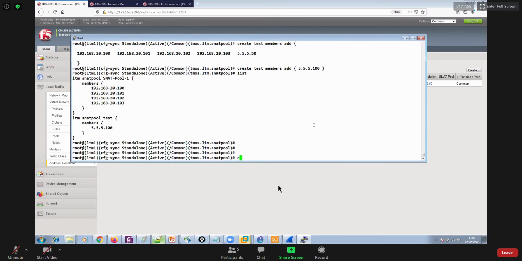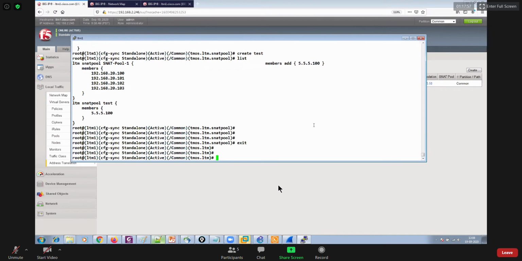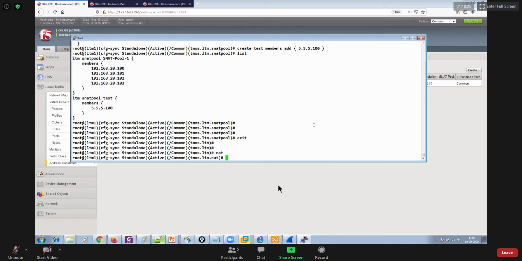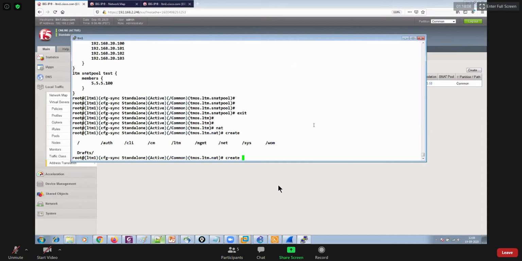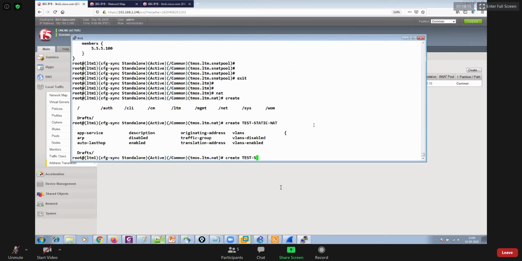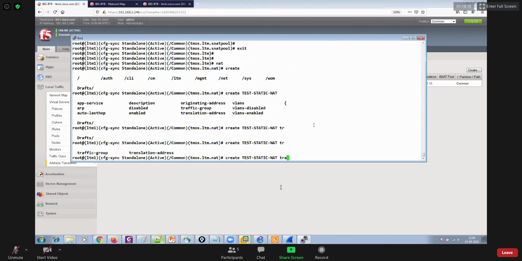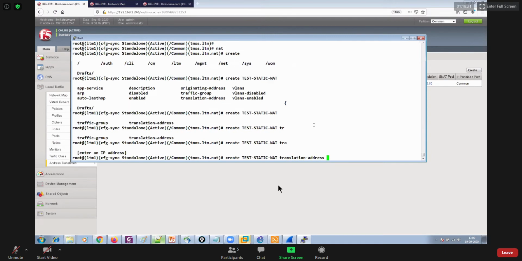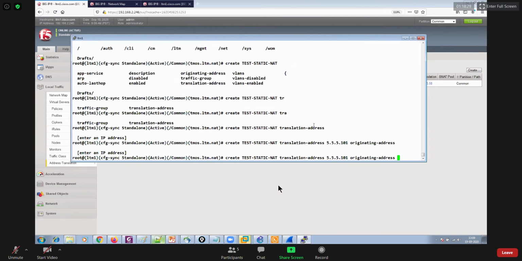Thereafter, if you wanted to create, for example, a static NAT, then go to LTM and then say NAT, and then you could say create, and provide some name over here like test static NAT, right? Then it is asking for the translation address. The translation address is going to be your public IP. Let's say 5.5.5.101, and thereafter the originating address, the IP address, which is going to be, let's say, 20.30.